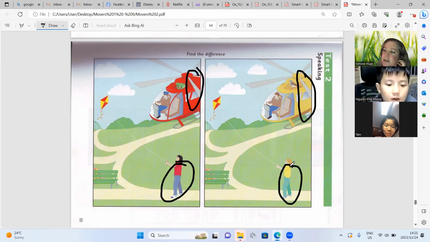In the first picture, the girl is wearing a red t-shirt and blue trousers. But in the second picture, the boy is wearing a yellow t-shirt and green trousers.